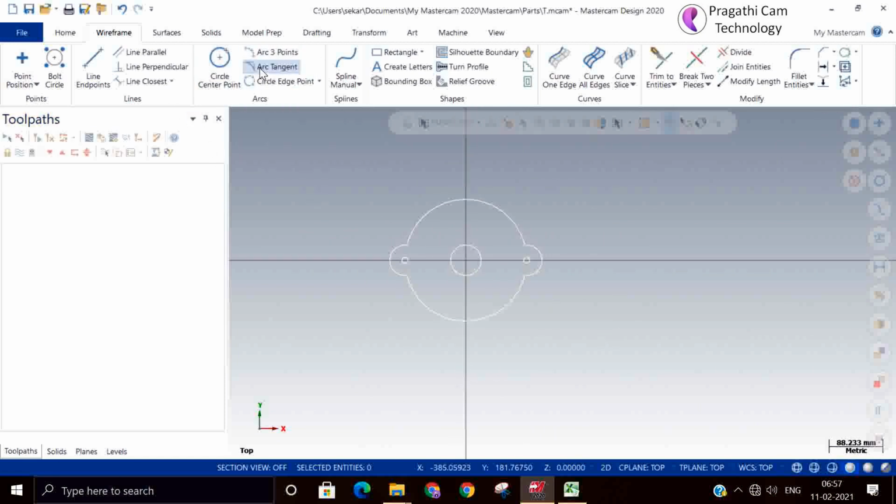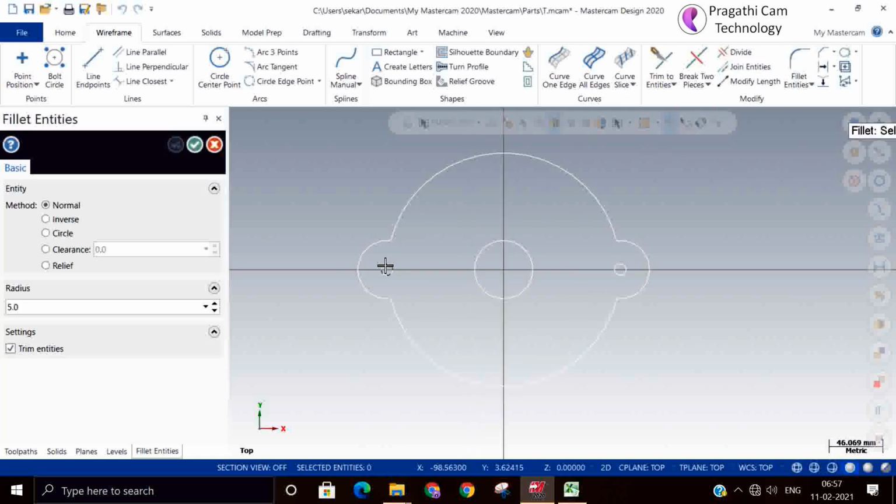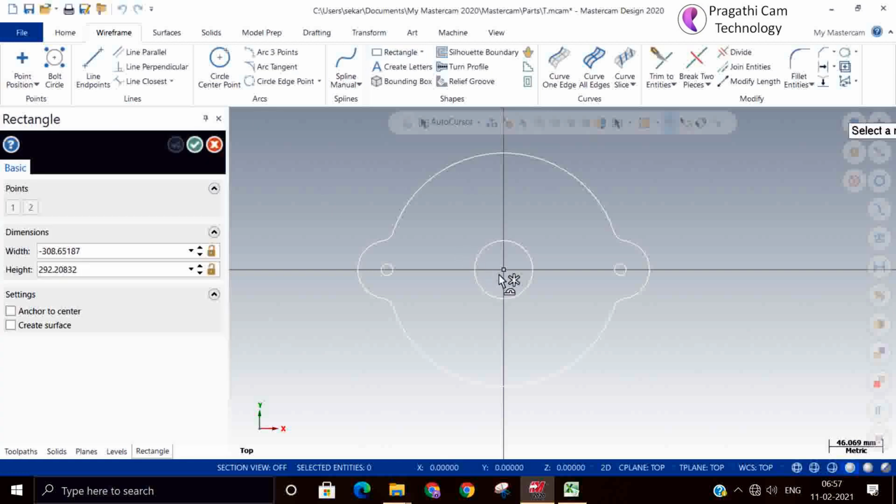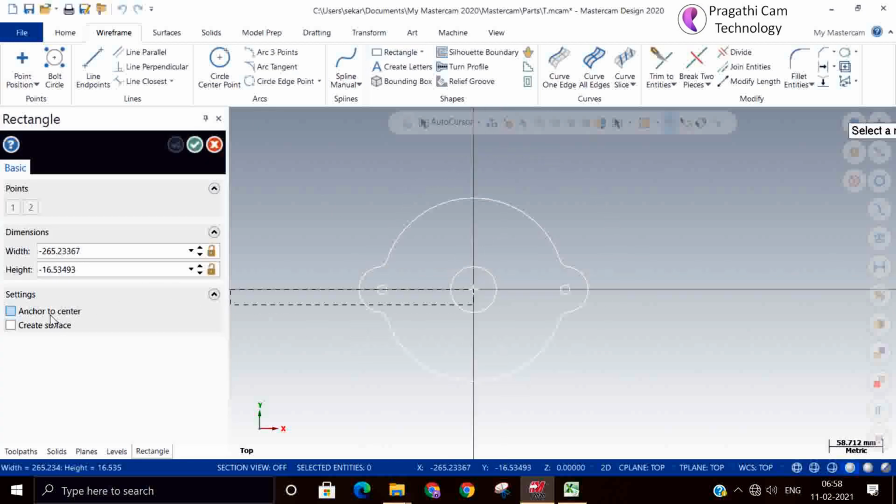Some fillets we'll add. Okay. So 4 fillets I added. And we'll make one outer rectangle.